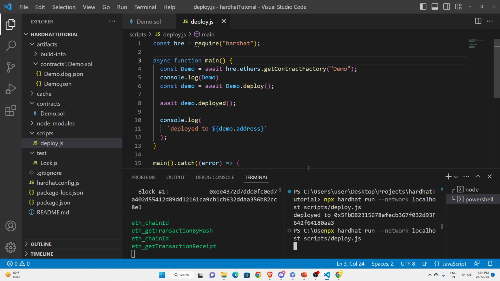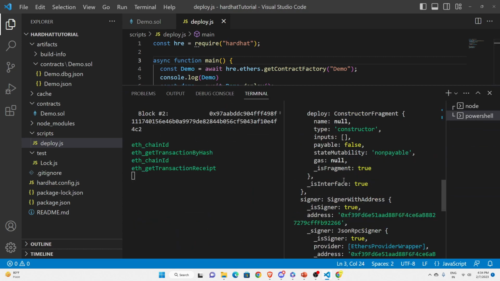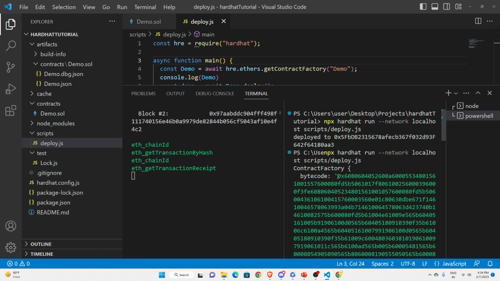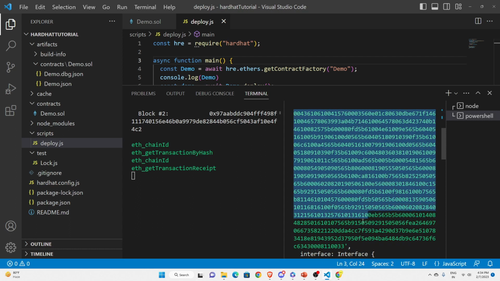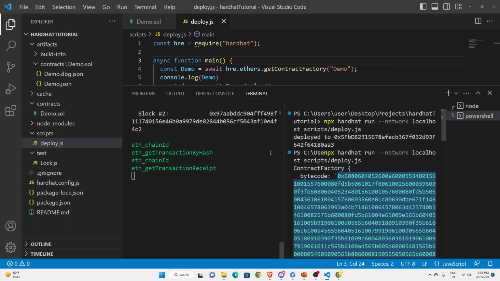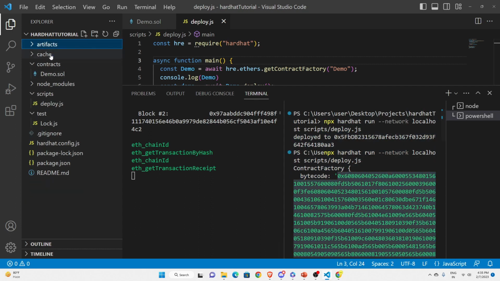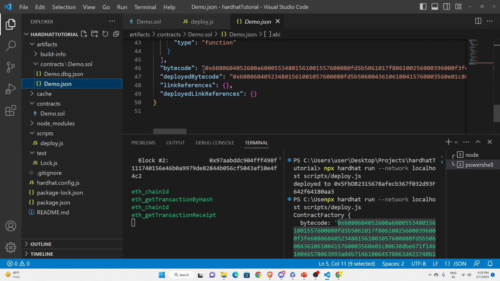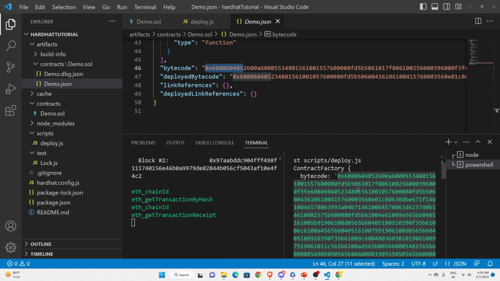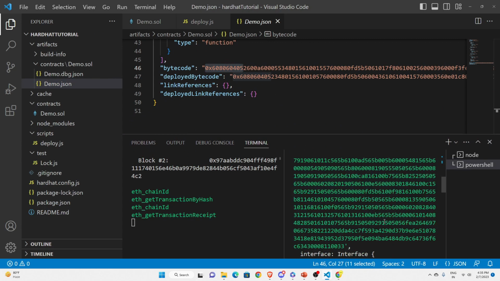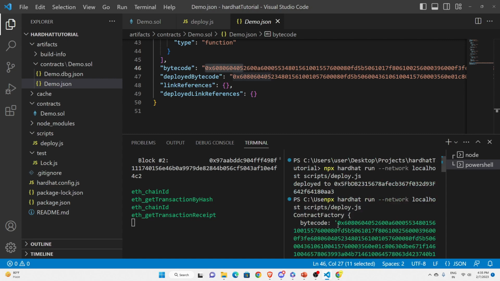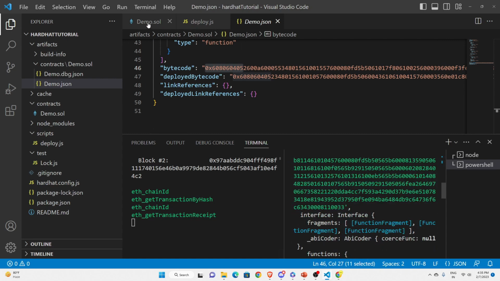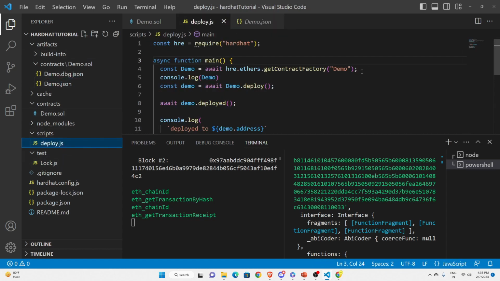Once we redeploy, you will see that now we have this demo. This demo consists of the bytecode, right? So this is the bytecode, right? And let me show you the same bytecode is present inside this artifacts demo.json as well. So 06080, because this is the thing which is actually getting deployed on the blockchain, right? This bytecode is what gets deployed on the blockchain. So we need the bytecode, and that's why we are fetching the bytecode from the artifacts. Let me go back. So we are fetching the bytecode from the artifacts, and then we are simply deploying this